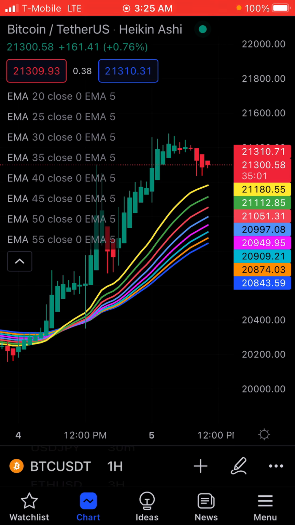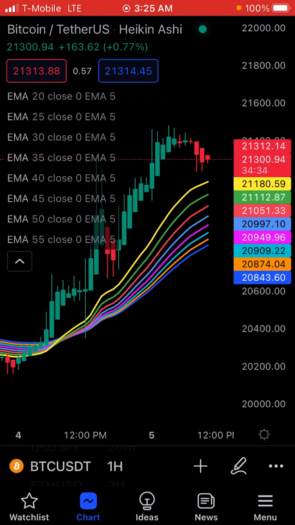Today I'm going to make another video based off of the strategy that I talked about in my last video. The last video I talked about this 8 EMA strategy that I got from a TikToker. I saw the EMAs. You have to have the pro membership in order to apply the strategy, because you got to use 8 of the moving averages. My last video I showed you how to use it with the stock market. Today I'm going to show you how to use it